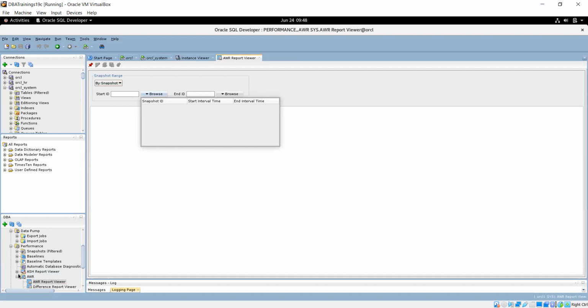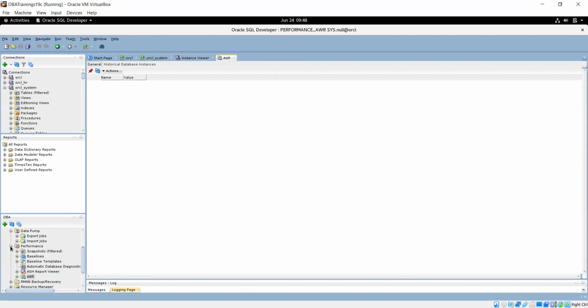Not only that, there are lots of other things which we will capture later on, but this is not the agenda. I just guided you on how SQL Developer can be used from the DBA perspective as well as for the developer. So it's not only a developer tool. Don't go with the name. All DB activity can be performed from here also. You can schedule your tasks, you can use the storage, all of those. So it's really a good tool. As a DBA, we can use it whenever we require.